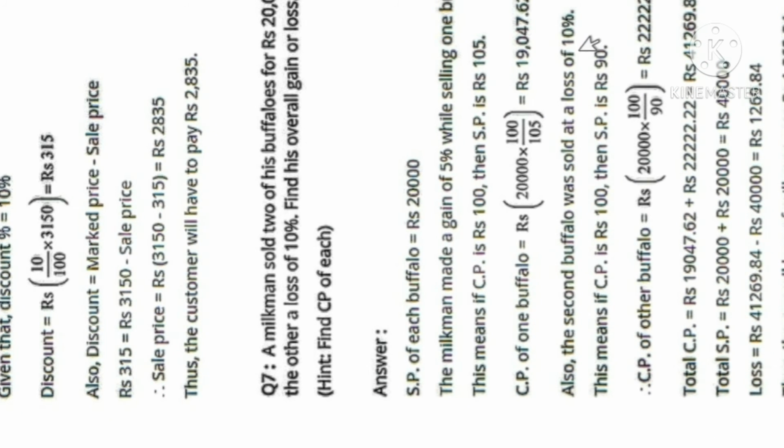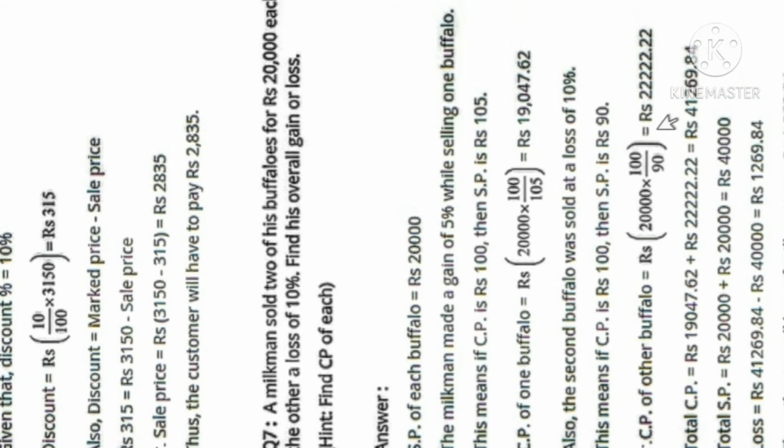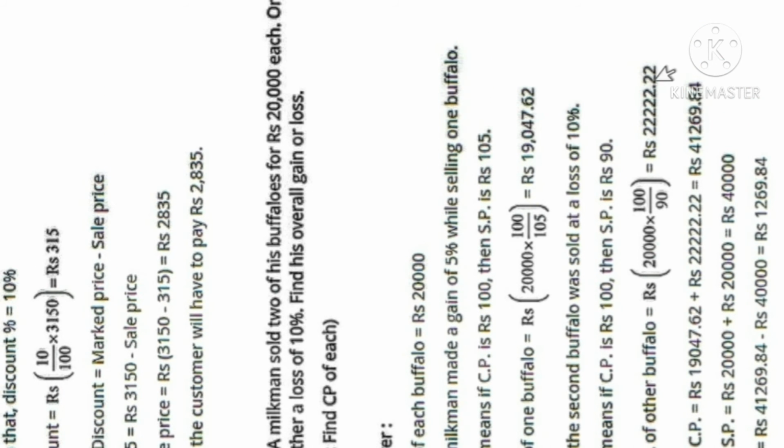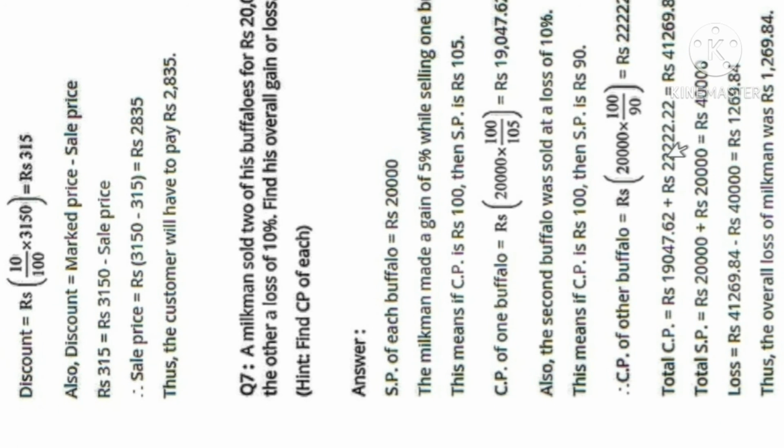Now the second buffalo was sold at a loss of 10%. So if CP is rupees 100, then SP will be 90 because loss, so 100 minus 10. So CP of the other buffalo will be 20,000 into 100 upon 90 equal to rupees 22,222.22. Now total CP equal to, we will add both these amounts,